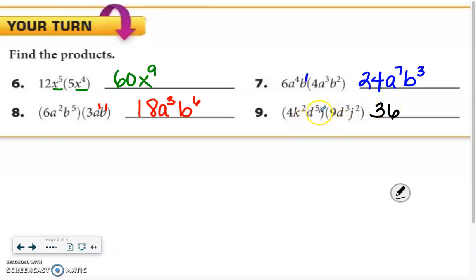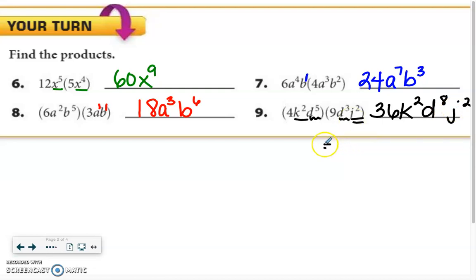Now this one's tricky, be careful. So I have k squared, but I don't have any other k's. So we would just bring that over. I have d to the 5th and d to the 3rd, which would give me d to the 8th. And then I have this j squared when I don't have any more j's, so I would just bring that